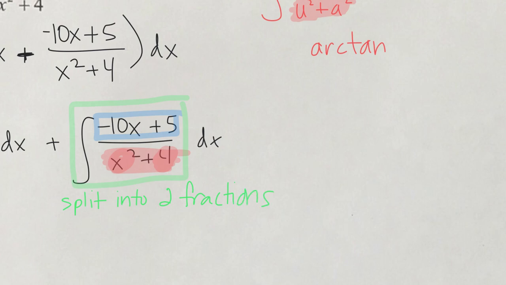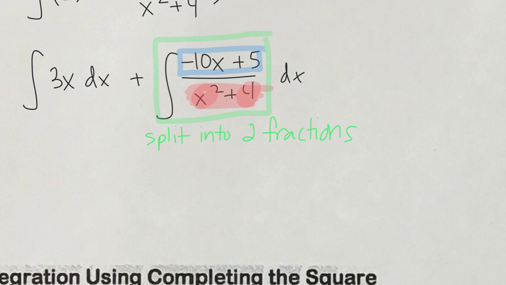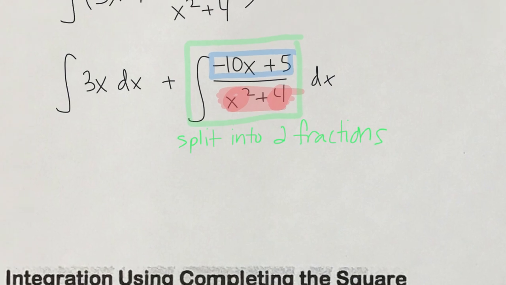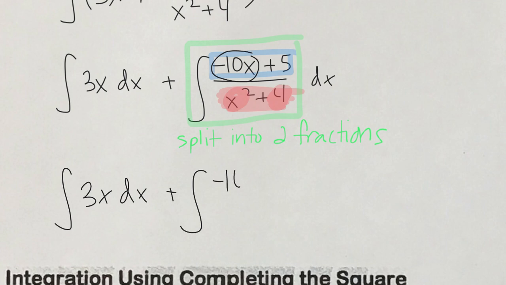Okay? We're going to split it into two fractions because we want to make it into an arctan situation, right? The integral of something that gives you arctan as your answer. But in order for that to happen, we can't have anything powerful in your numerator, right? So we're going to break this into two separate fractions. So we still have our integral of 3x dx, right? That guy's still here. Plus, we're going to split the negative 10x, so minus 10x over x squared plus 4